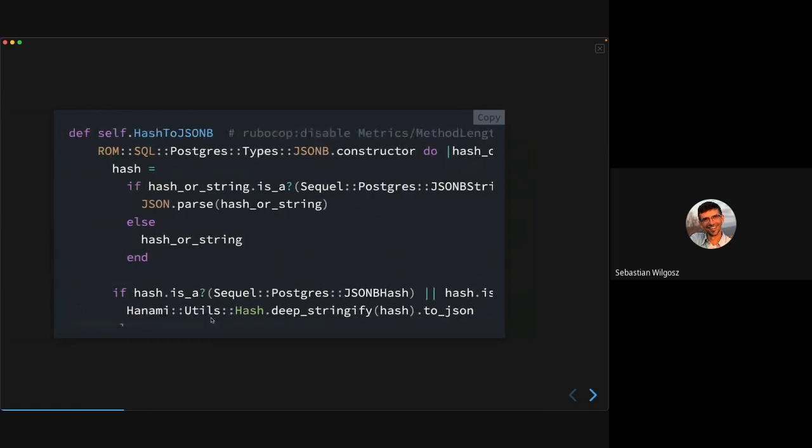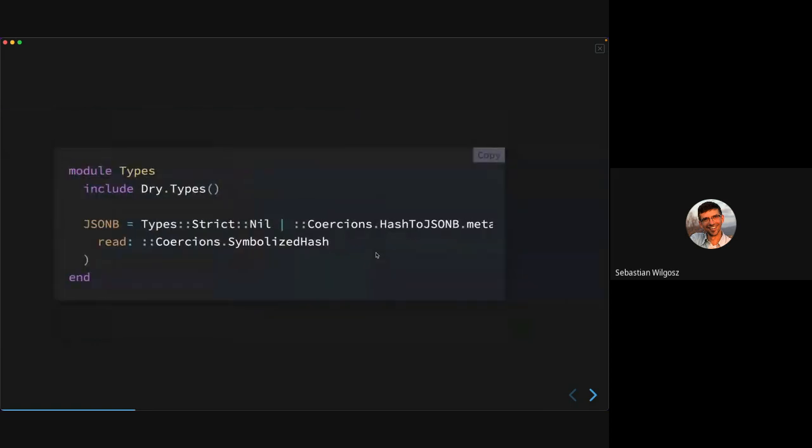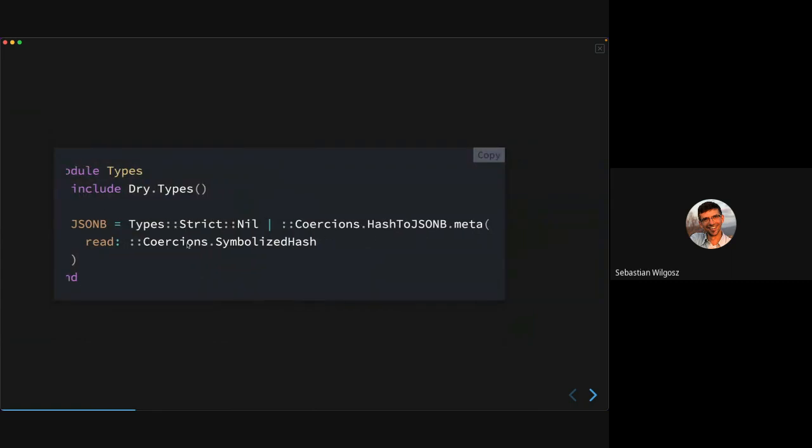I also reached out to the community, and a lot of people helped me to figure out better solutions. I hope it will work, and then I will get rid of those custom types that do not look very pretty. The usage is like this. I have those two coercions. When I read the data from the system, I symbolize the hash using my custom coercion that deeply symbolizes everything. And for writing, I get the hash and transform it to the JSON-B